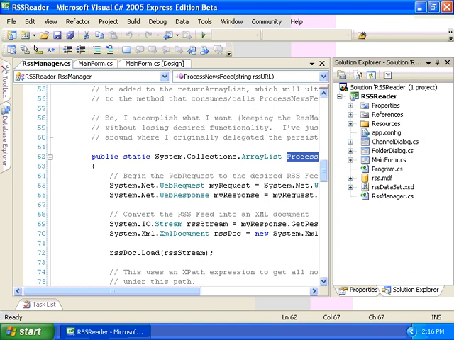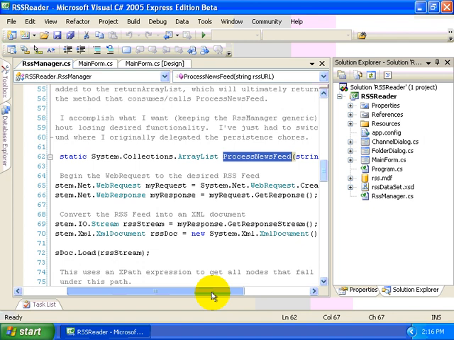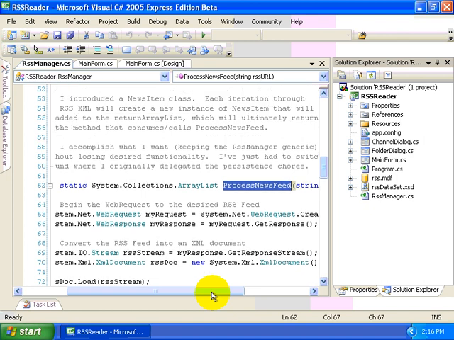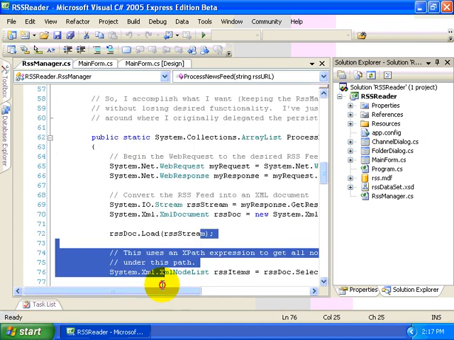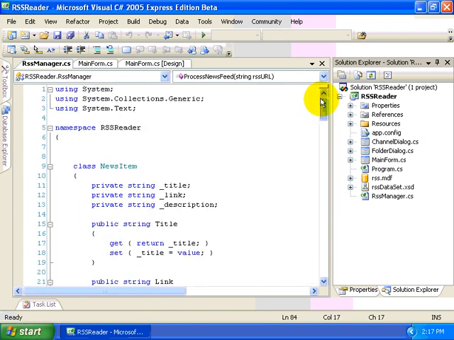So the solution I came up with was that I wanted to use this process newsfeed method to simply retrieve all of the latest RSS news items from the internet, and then let some other code take on the chore of saving that data into the database for my application. So I needed to figure out how I was going to package all this data up and communicate it back out. So the solution I came up with is that I created a new class in my